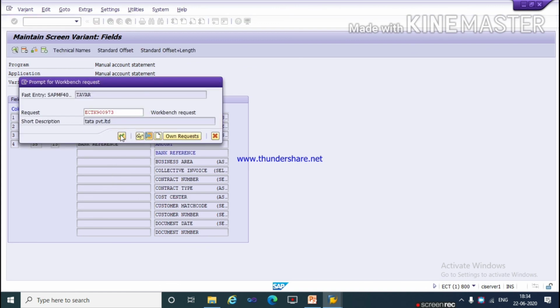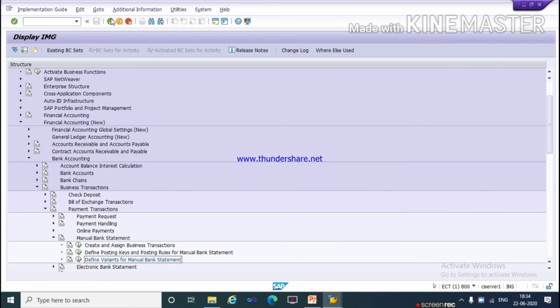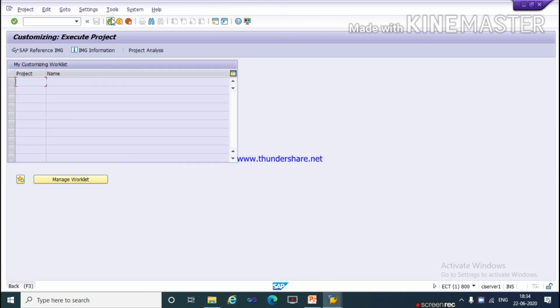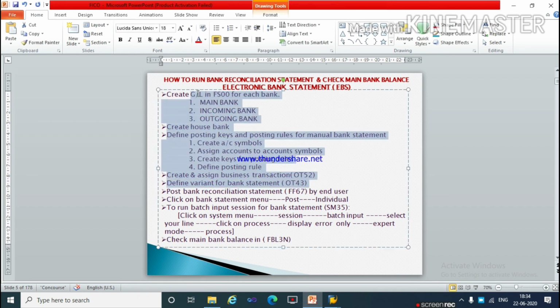This is one of the small changes for an electronic bank statement. We will get back. Now all these configurations are done.